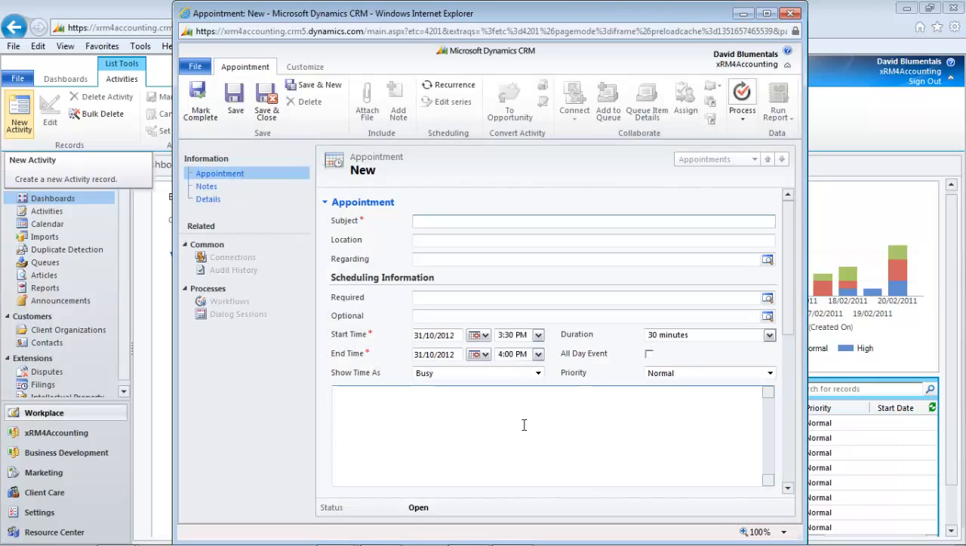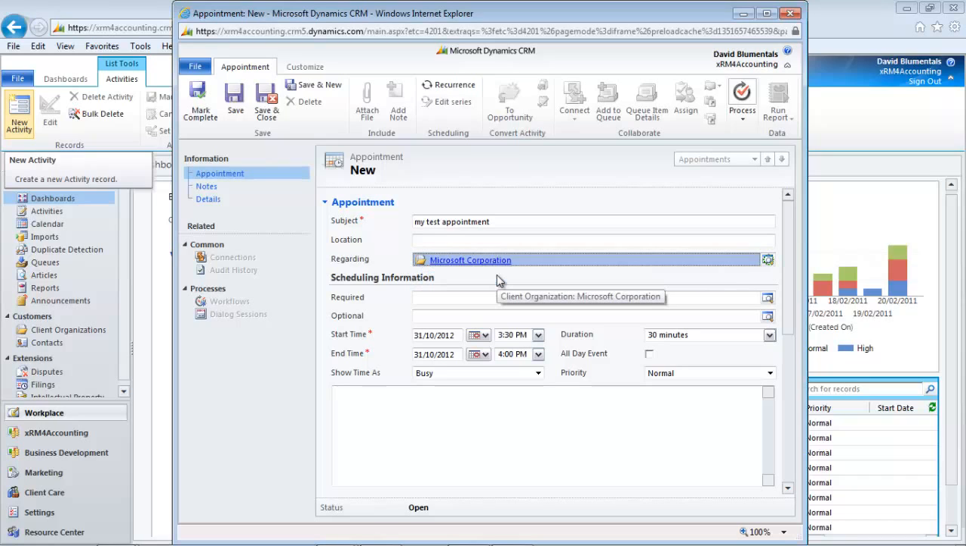The red asterisks indicate required fields that must be completed before you can save the record. I will enter a test appointment, and associate it with a company record. When we install the CRM software for Outlook, the activity records we enter will be automatically synced between CRM and